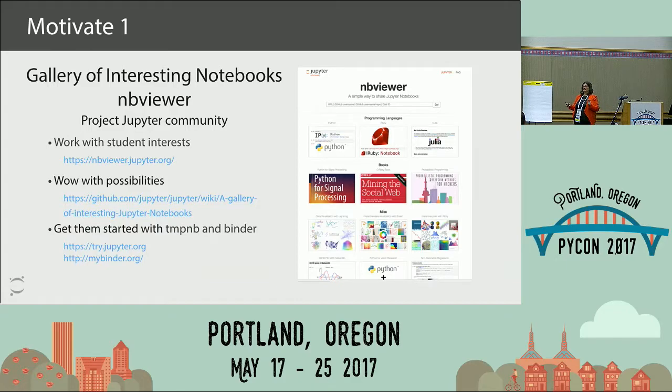So if you haven't had a chance to play with the notebook yet, I encourage you to go to that website because you can play around with some toy examples, make some of your own. And then there's also Binder. And Binder is a service that lets you, as an instructor, upload a bunch of notebooks in a GitHub repo, and it will serve it to people that then go to a link that it provides, which is really nice.